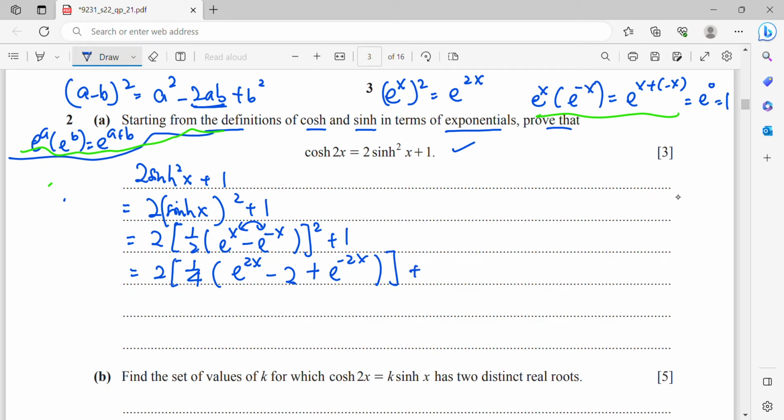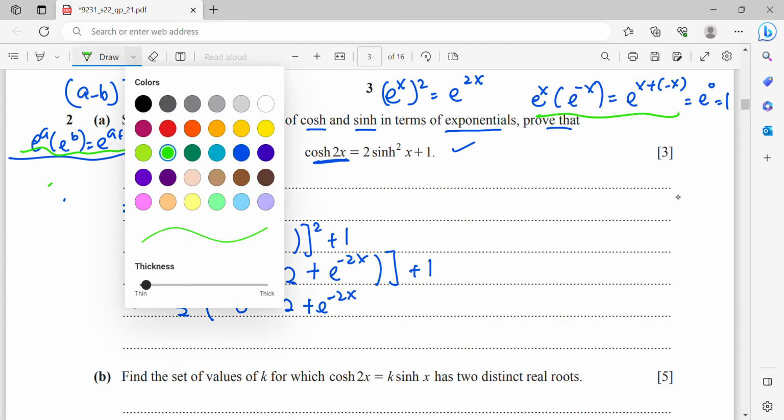Then close bracket plus 1. Okay, so now the 2 and 1 over 4 can be cancelled off. So I will get half, then e to the 2x minus 2 plus e to the negative 2x. Okay, then now you need to show that it is cos 2x. For your information,